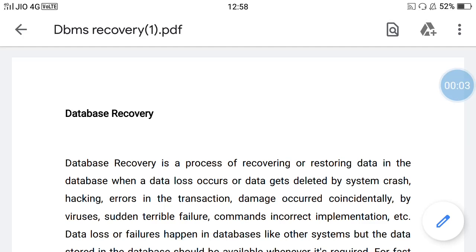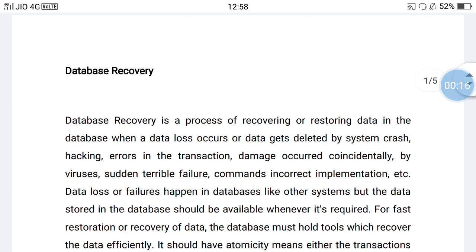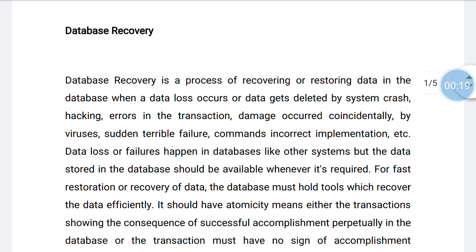Hello everyone. In today's video we will discuss database recovery methods. In the previous video we discussed database failures. So after the failure of a system we have to recover the data for further use, and the database recovery